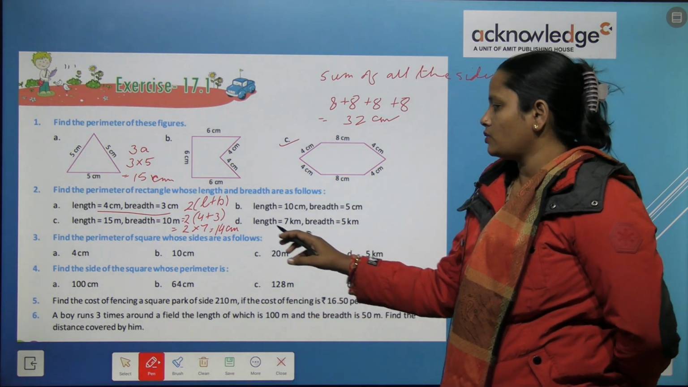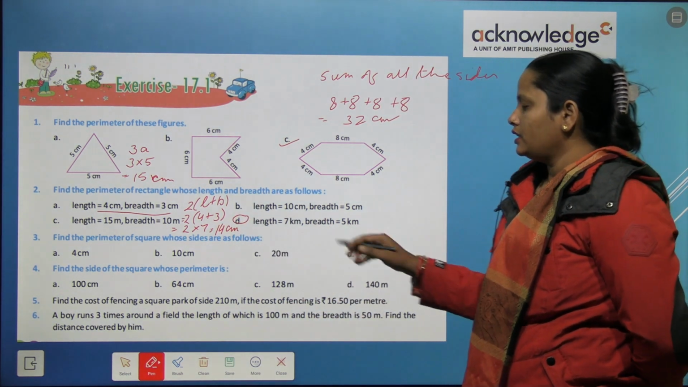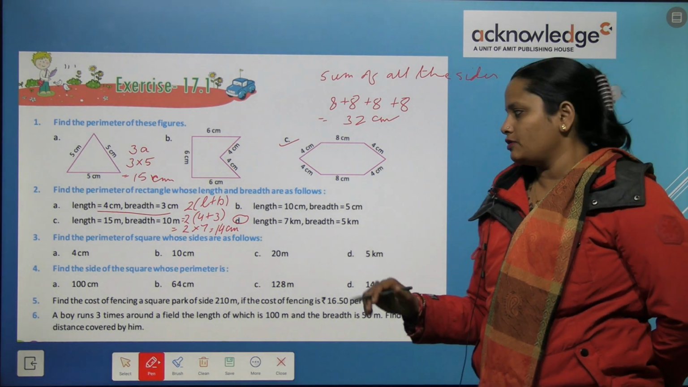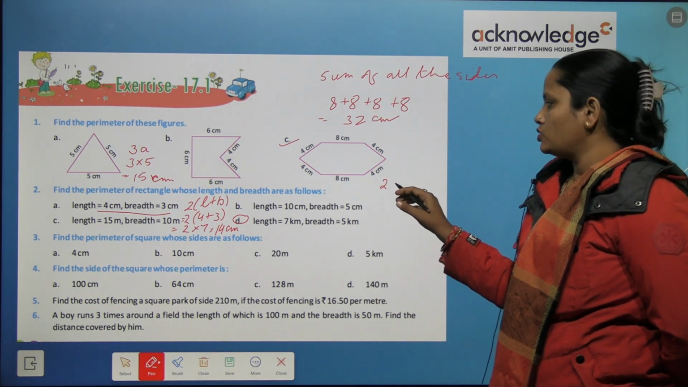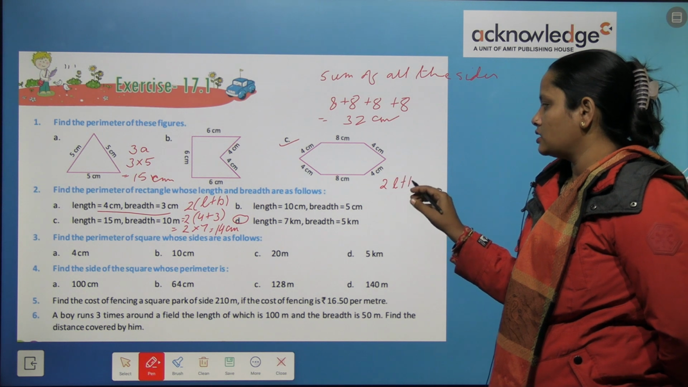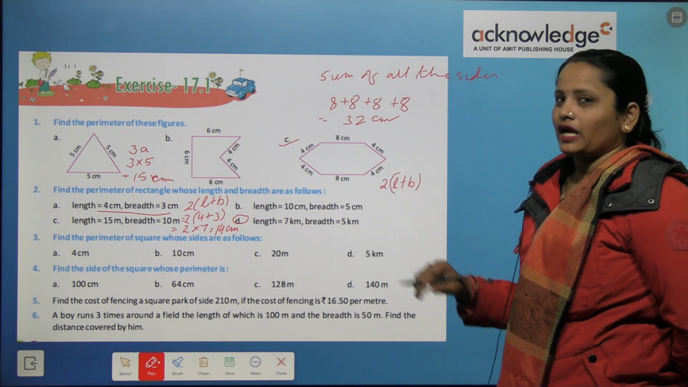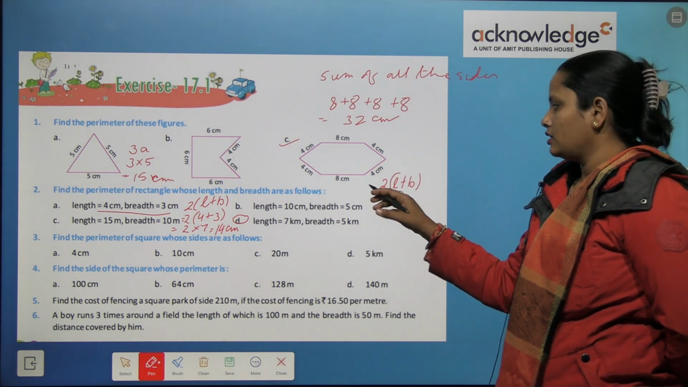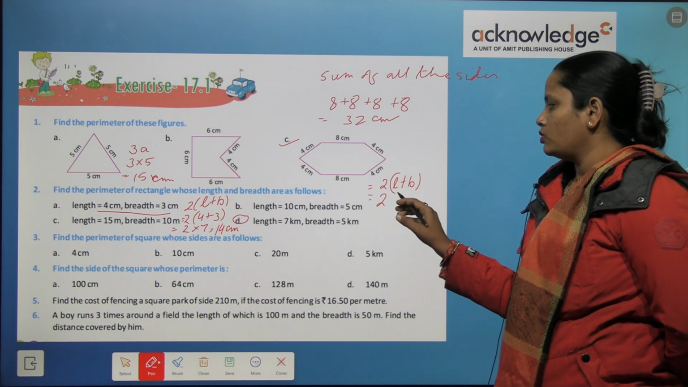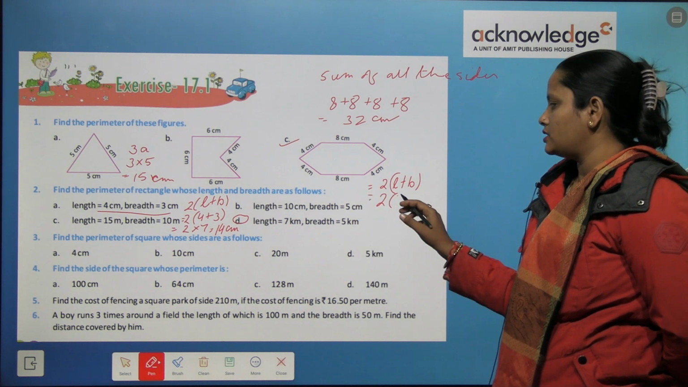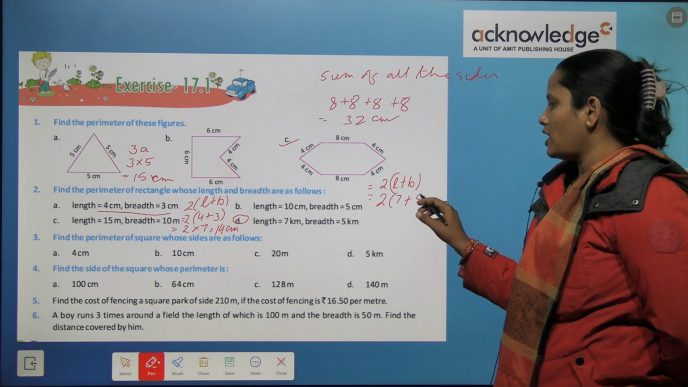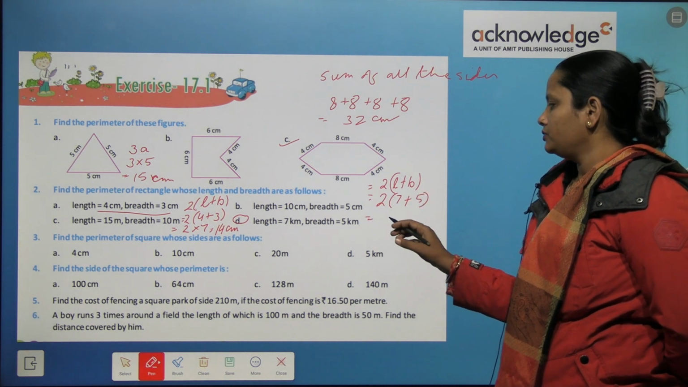Similarly, let's do this one, D part. Length is 7 kilometer, breadth is 5 kilometer. So here the formula is 2(L plus B). This bracket means हमें multiply करना है. So आप सबको उनकी जगह पे हम रख देते हैं. Length is 7, breadth is 5. Now